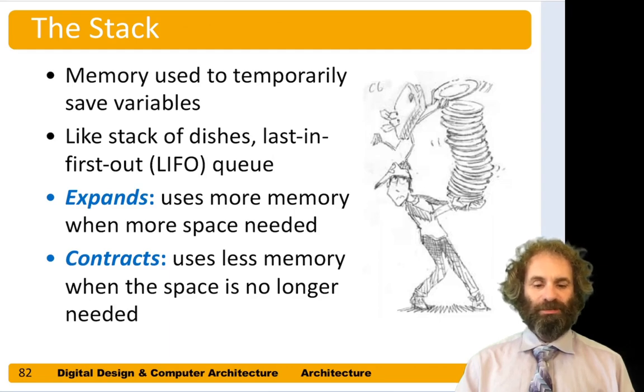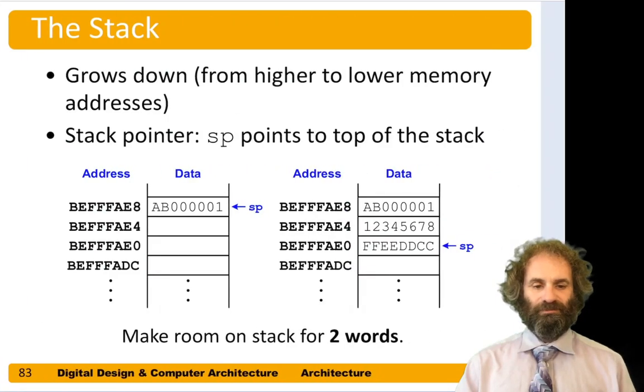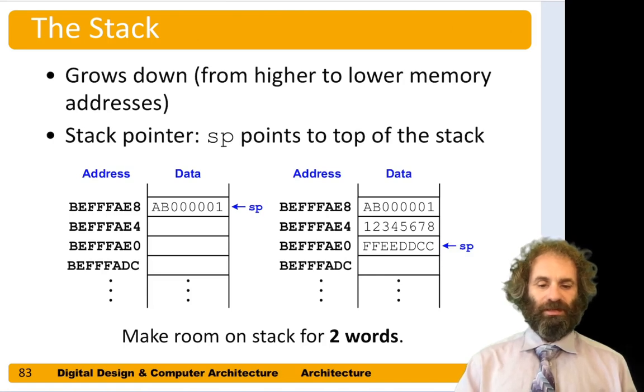A stack can expand when you need more memory space, and it can contract when you're done and you don't need the space anymore. In computer architecture, the stack is upside down. It generally grows downward from a highest memory location to a lower address. And there's a register called the stack pointer, SP, one of the 32 registers, that points to the top of